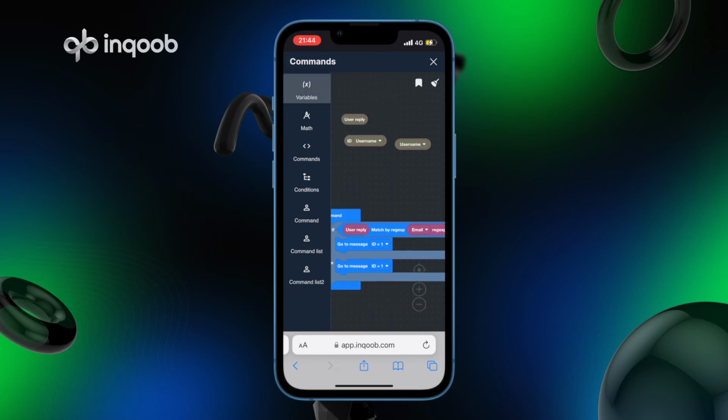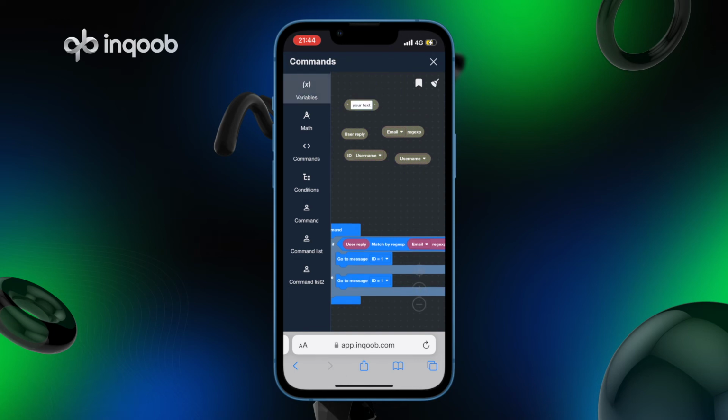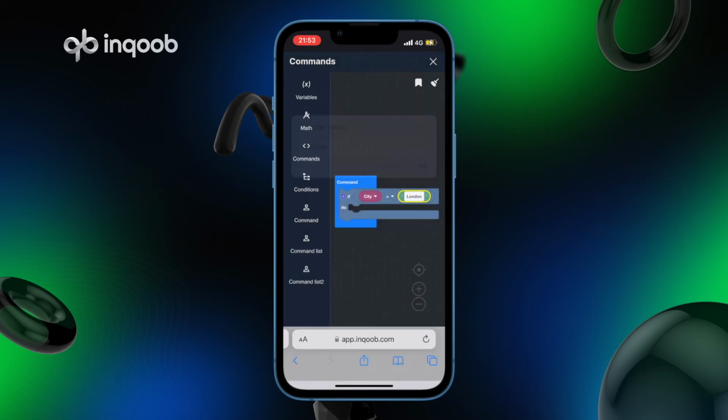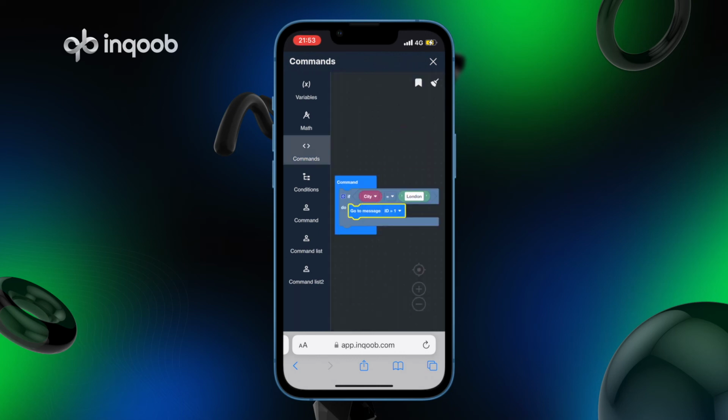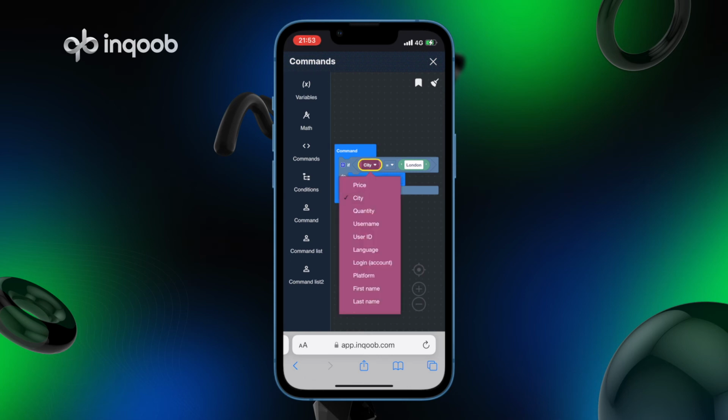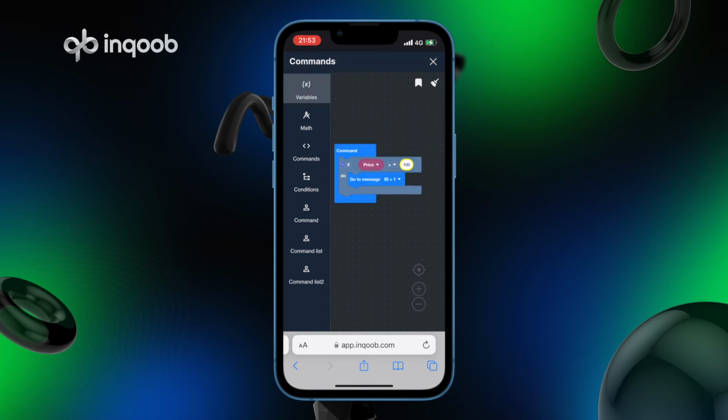Next, we have user reply, as well as email regular expression, which can be changed to only numbers or only text. The text variable can be inserted in other commands, and the numerical variable takes part in all numerical operations. Variables can be used in conditions as well as commands. We have a specific command where you can give your variable a text or numerical value. For example, a command where we set the variable city equal to London in text format, or set the variable price equal to 50 in